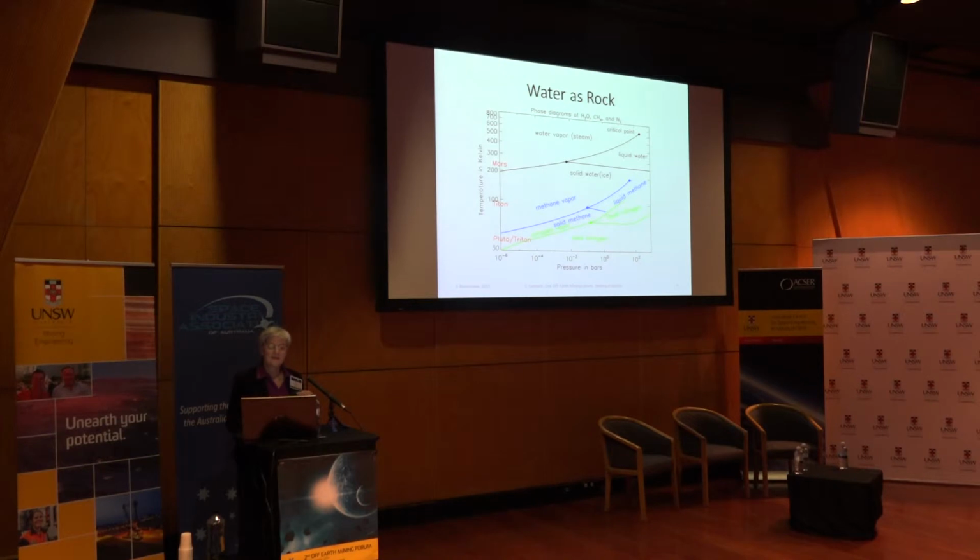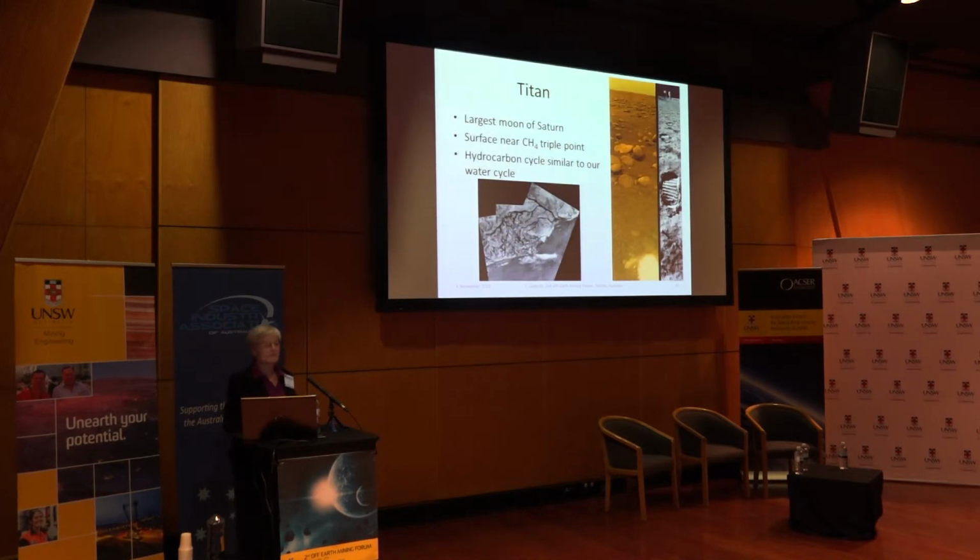bodies will mean that in some places there's a methane triple point in some conditions there. On Earth, we are near the triple point of water, and Mars isn't all that far away from it. And nitrogen, we've got Triton, the largest moon of Saturn. Its surface is near the methane triple point. And it's got a hydrocarbon cycle similar to our water cycle. And we see some methane rivers there, or a river